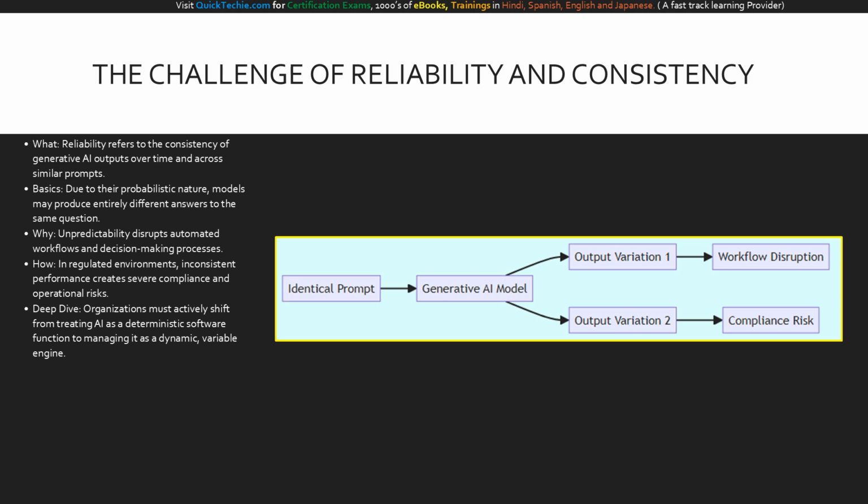This split perfectly encapsulates why out-of-the-box generative models are difficult to scale in strict business environments. As a leader, when you look at this flowchart, you should realize that you cannot allow raw, variable outputs to interface directly with your core operational systems. You must build structural constraints around the model to force these diverging paths back into a single, reliable, and compliant